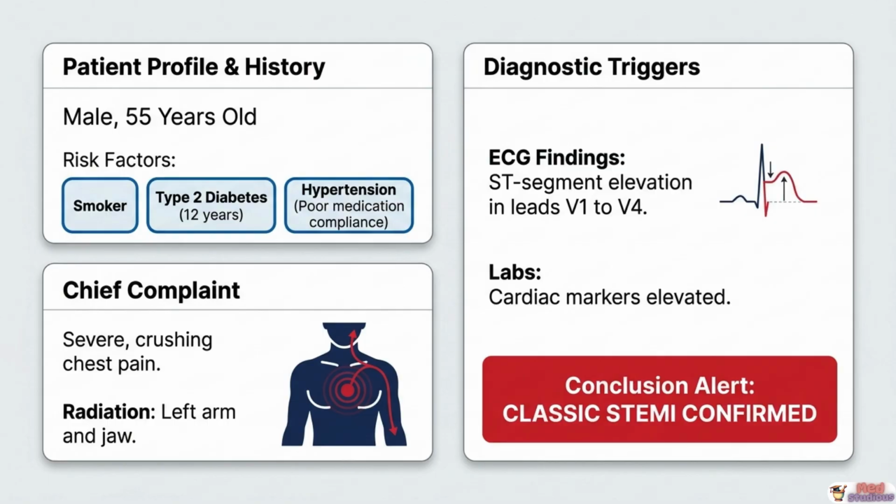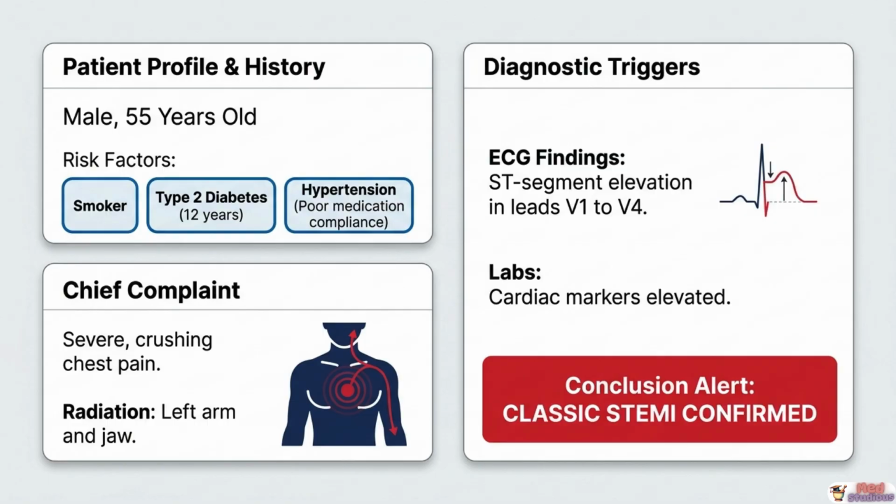The ECG is the most critical and immediately available diagnostic tool. In this case, ST segment elevation is present in leads V1 through V4, the anterior precordial leads, indicating occlusion of the left anterior descending artery, or LAD. The LAD supplies the entire anterior wall and apex of the left ventricle, making anterior STEMI the most hemodynamically consequential